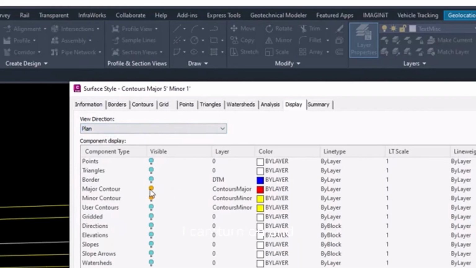As you can see, I can turn on and off different components of the object itself. For instance, I could turn the triangles on for this one,